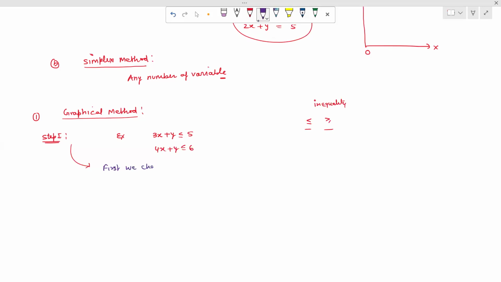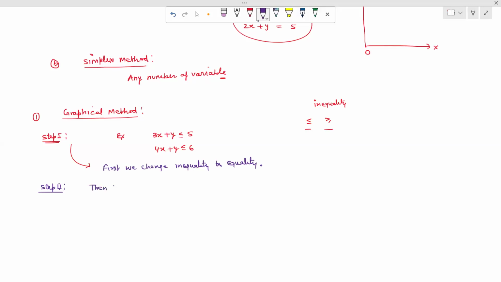फर्स्ट वी चेंज इनइक्वलिटी टू इक्वलिटी। तो पहले हम इनइक्वलिटी को इक्वलिटी में चेंज करेंगे, दिस इज अवर फर्स्ट स्टेप। नाउ व्हाट इज अवर नेक्स्ट स्टेप, दैट इज सेकंड स्टेप। तो फॉर सेकंड स्टेप